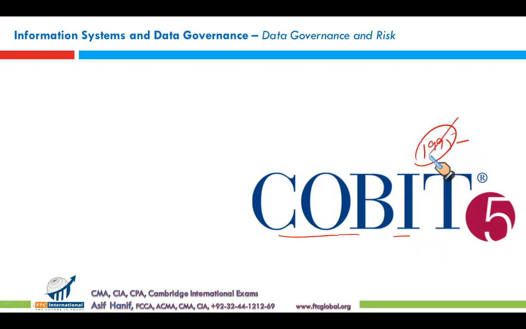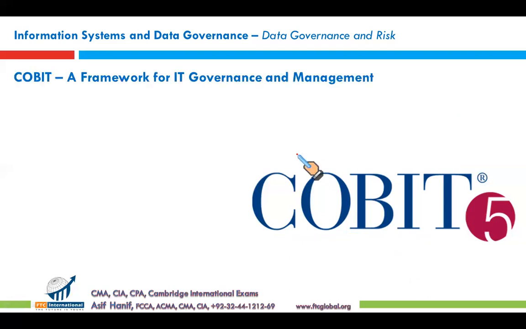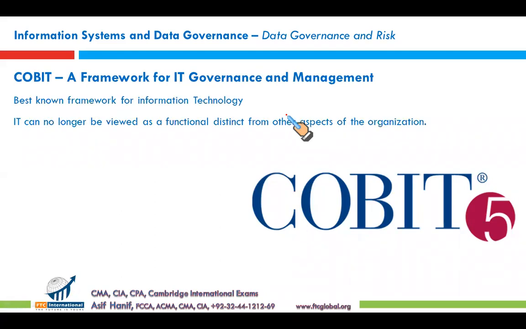It was replaced by a new version in 2019 called COBIT 2019. We will discuss it later. Let us briefly go through COBIT 5, which is an older version. Let us discuss a few points. So, a framework for IT governance and management. It is best known for information technology. Of course, that is its main objective, main focus. It said that information should meet these criteria. Good information should meet these 6 criteria.